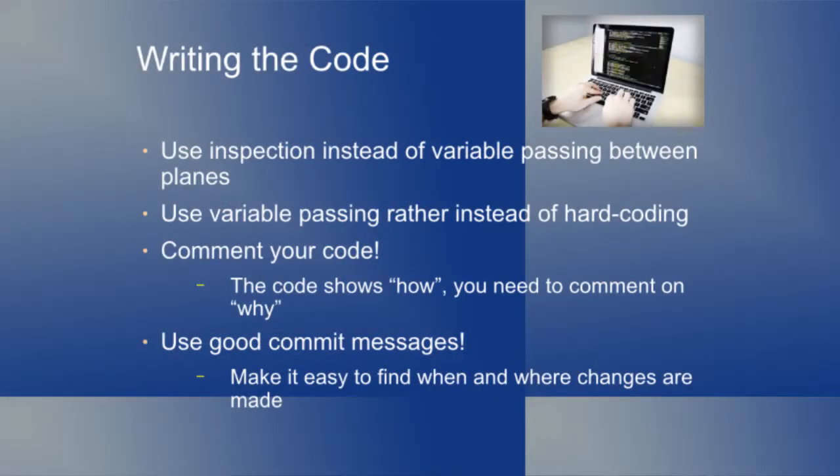When you comment your code, talk about why you're doing things, not how you're doing them. The how should be obvious in the tool. Use good commit messages because you're writing code now and you're developing a history. This is where all the lessons that developers have done for years completely apply.